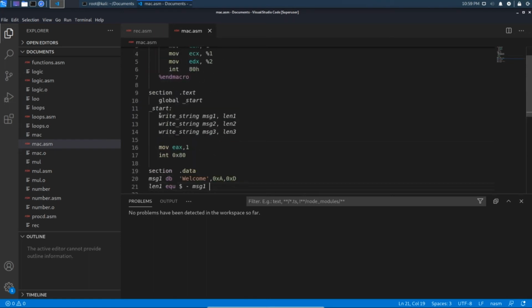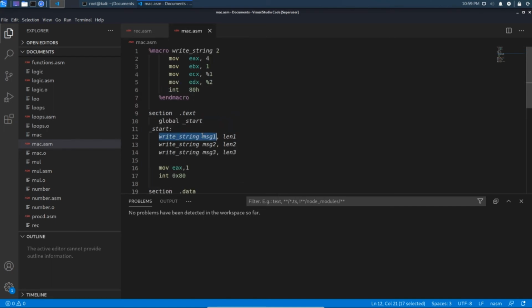Whenever you are using the macro, you need to pass arguments like write string, the macro name, space, the number of arguments. Here we pass message 1 and length 1, and therefore the arguments will get stored here, and the output will get printed to the monitor.